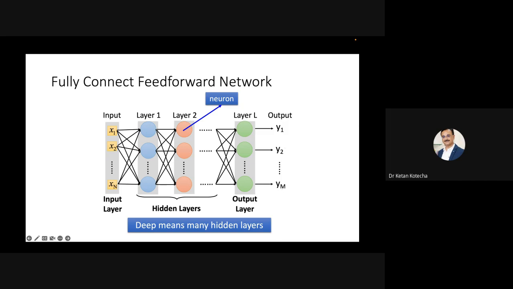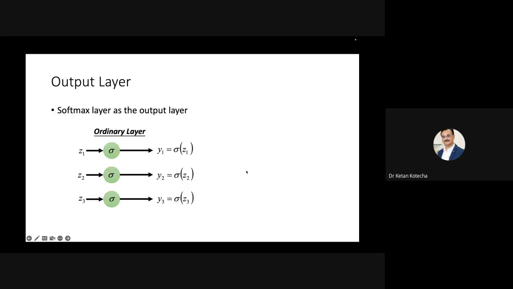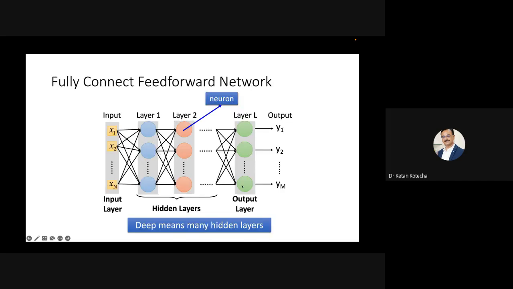Because these layers are giving input to the other neurons, but this layer is the final output which is to be matched with the expected output. So there is some difference in this particular layer, and this particular layer is generally called a softmax layer, whereby whatever I have drawn is an ordinary layer, where your input Z is operated on by a sigmoidal function and it produces Y. So it's the same. These are all Z and it produces Y. But in case of